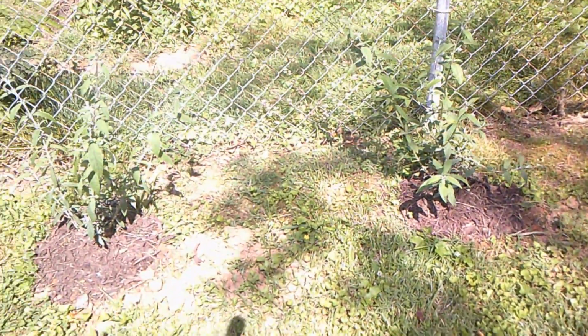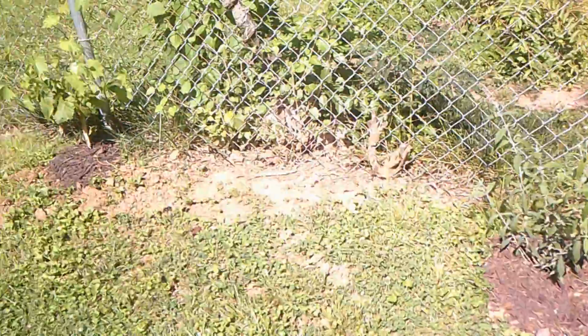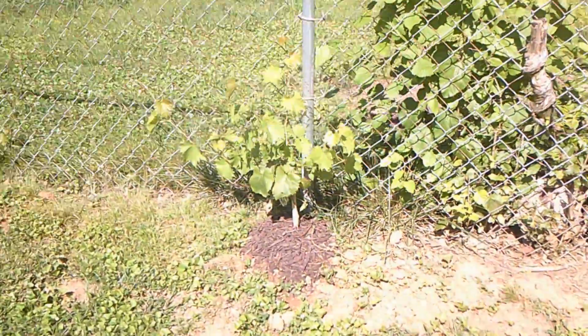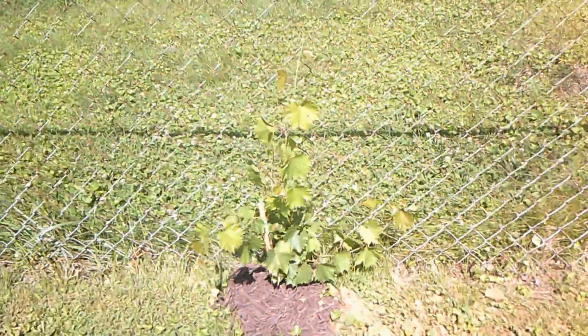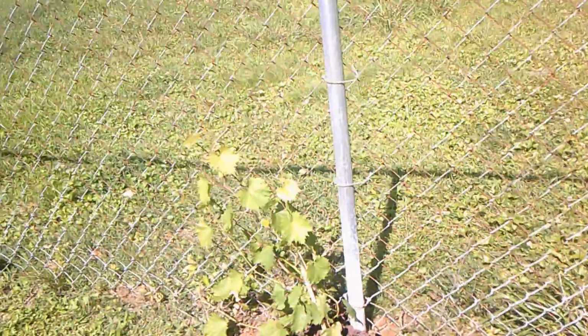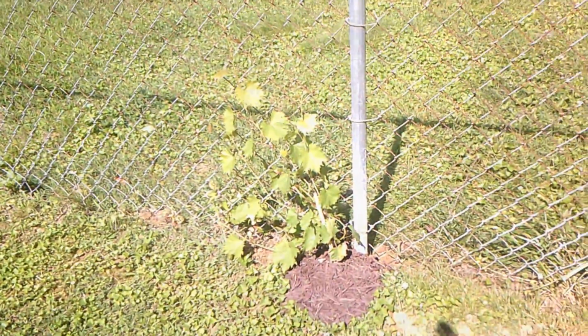These are what's called butterfly bushes. At least that's what they call them. They're supposed to attract butterflies. And these are my grapevines. We will see how they do. First time. We'll see. They're looking really good. Over here,